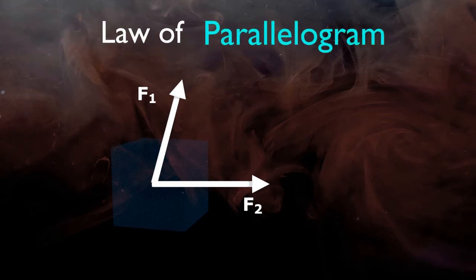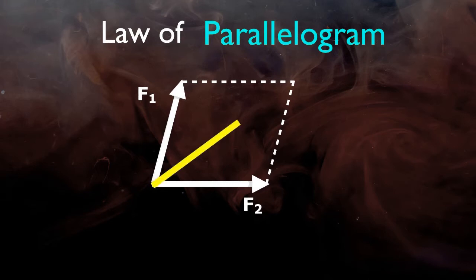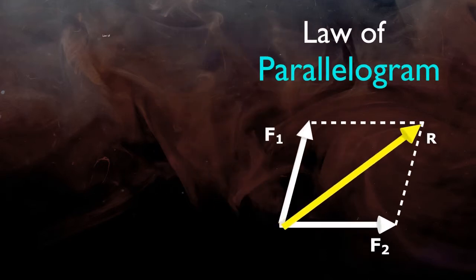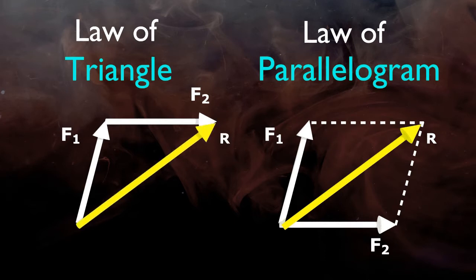Now, the law of parallelogram states that if two forces are represented as adjacent sides of a parallelogram with their actual magnitude and direction, then the diagonal passing through the intersection point gives the magnitude and direction of the resultant force. Instead of a parallelogram, if we take the given two forces as sides of a triangle taken in order, then as per the law of triangle, the resultant is the third side of the triangle but in opposite order.